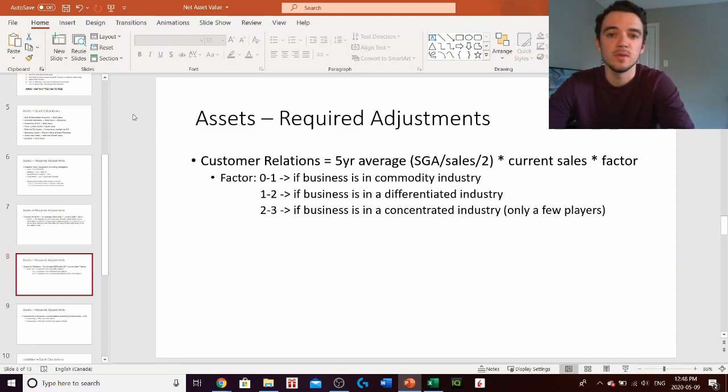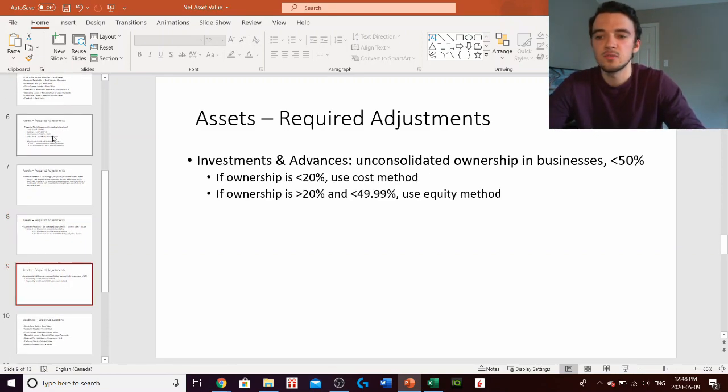Whereas if the business is in a concentrated industry, so something like hardware for cell phones like Apple, there's only a few players, so the customer relations is very important. So you want to have a multiple between 2 and 3. And then if the business is in a differentiated industry, you're going to use a multiple of around 1 to 2. So moving on, the next one is going to be investment in advances, and that is unconsolidated ownership in